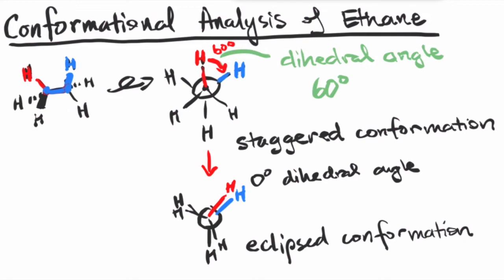So as it turns out, the ethane molecule does not like to exist in the eclipsed conformation. It turns out to be the highest energy conformation for ethane. The difference in energy between these 2 conformations is 12 kilojoules per mole. This is a significant amount of energy because it translates to the fact that if you're at room temperature, 99% of your molecules will prefer to be in the staggered conformation as opposed to the eclipsed conformation.